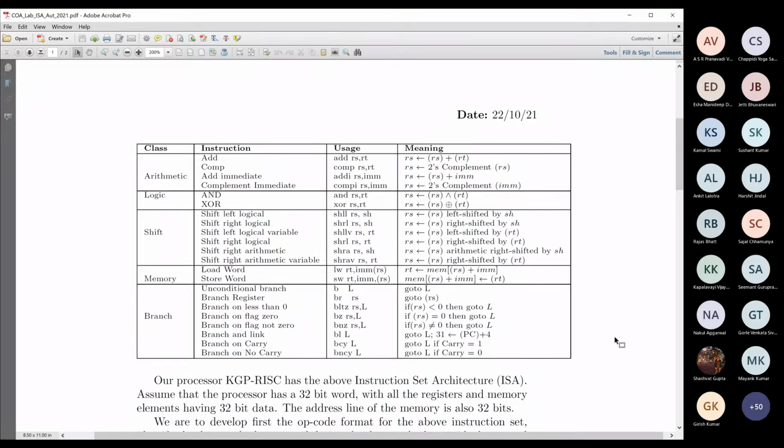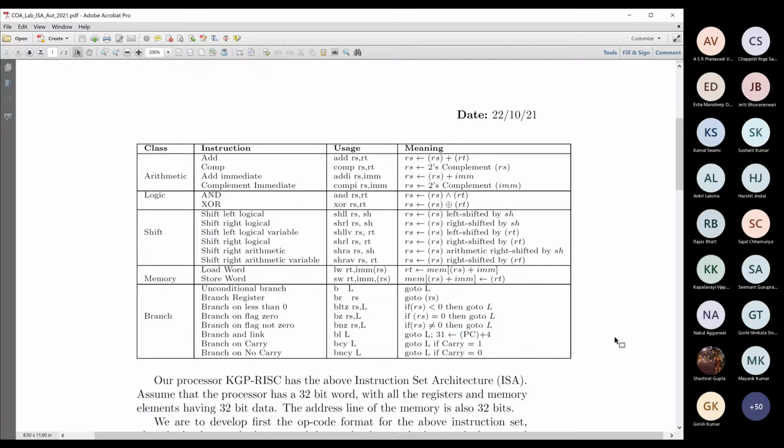For example, if you look at the logic operations, ANDing and XORing are supported, but a fundamental operation like OR is not supported. Similarly, in the arithmetic operations, complementation is supported, but subtraction is not supported.